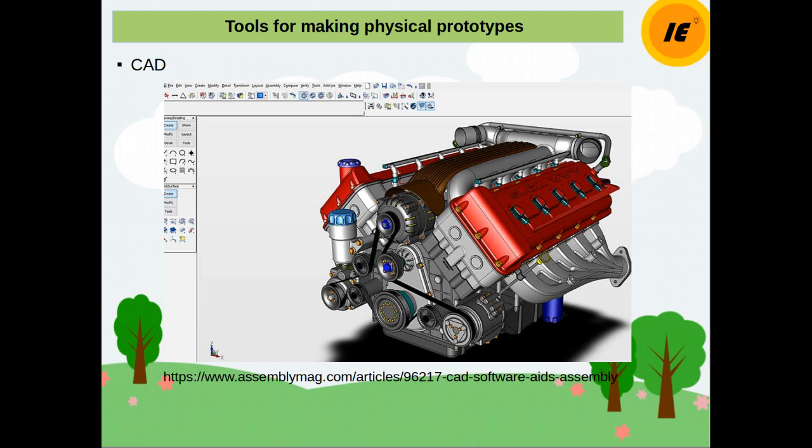This is some sort of image of an engine of a certain automobile maybe, and this is a CAD design. You can see, and in fact you can disassemble all the things, and you can make a physical prototype by 3D printing certain parts or the full part, of course not certain full part. I don't know whether it will be useful or not, but yeah,